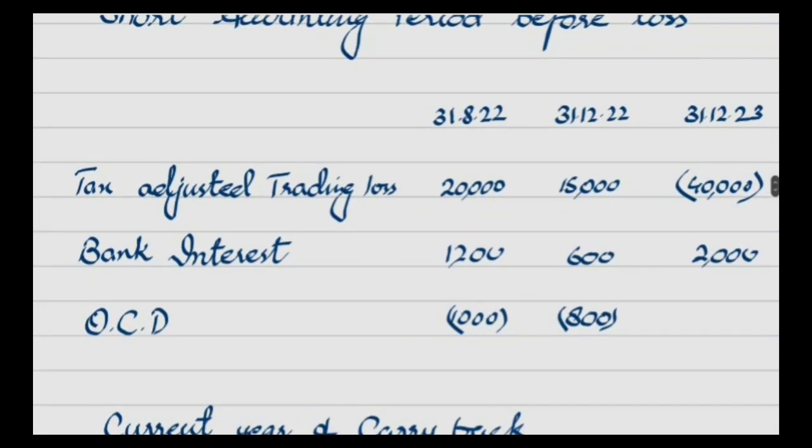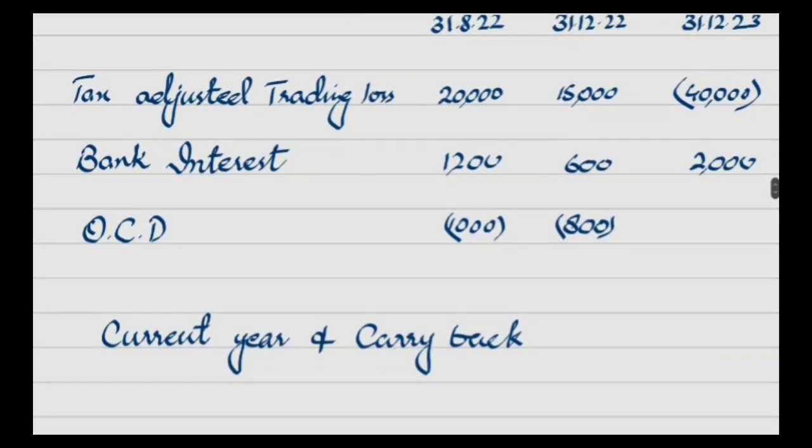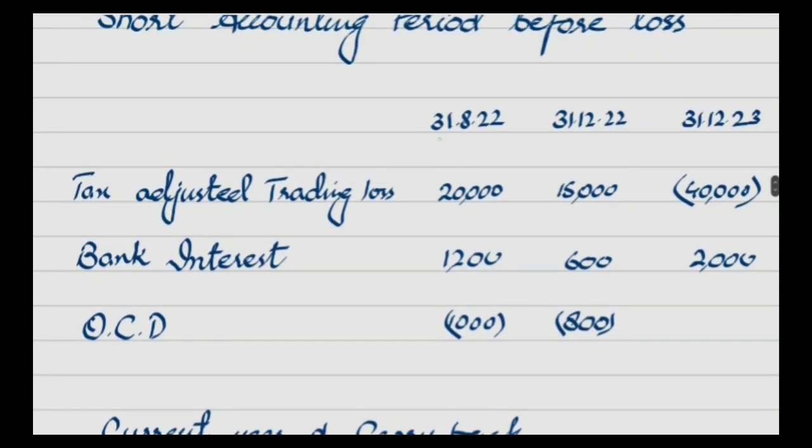But what if our previous accounting period is less than 12 months? This is a little complex situation that you have been given. First, your year end is 31st August 2022, then it is 31st December 22, means this is a period of only 4 months, right? And this is 31st December 23. In this 31st December 23, we have suffered a loss. This loss can be set off in the previous 12 months, but we have here only 4 months available. So we can carry back and set off the loss against the 8-month period of this accounting year as well,